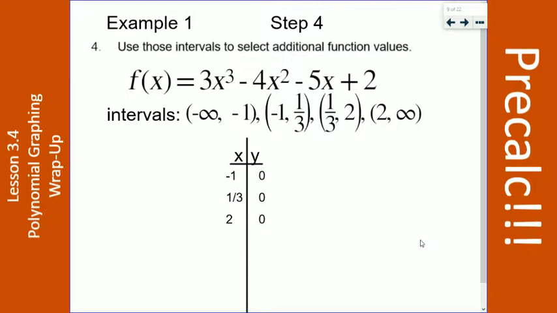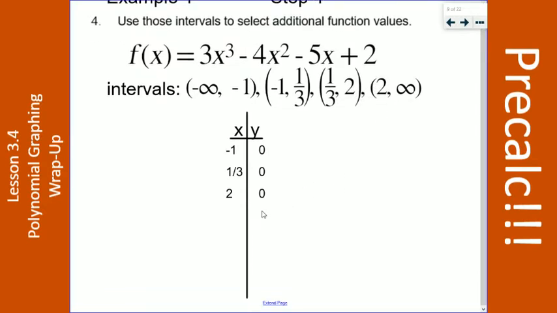All right? So we use those intervals to select some additional function values. All right? So what function value should we pick? Well, we should pick something from -∞ to -1, -1 to 1/3, 1/3 to 2, and then 2 to infinity. So let's pick some numbers, shall we? Well, -2 seems reasonable for our first interval. -2, okay, good, we got that. -1 to 1/3, I'm going to go with, let's go with